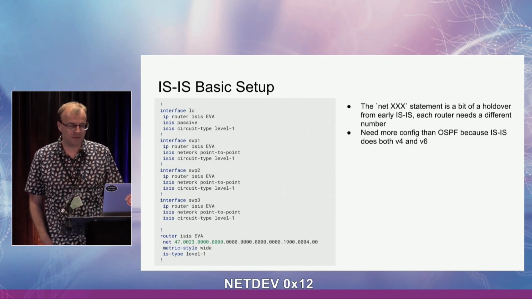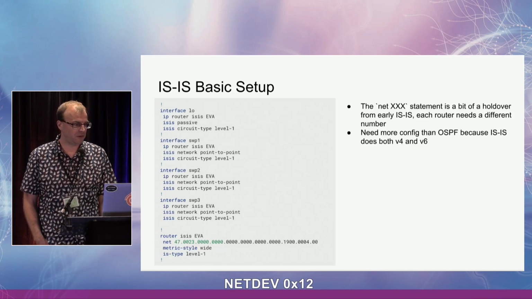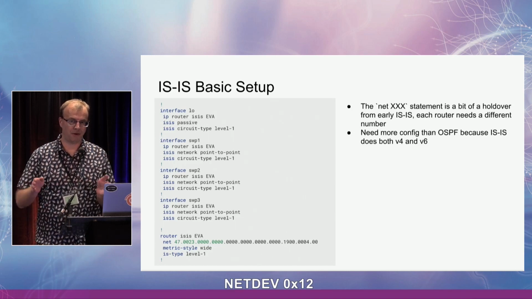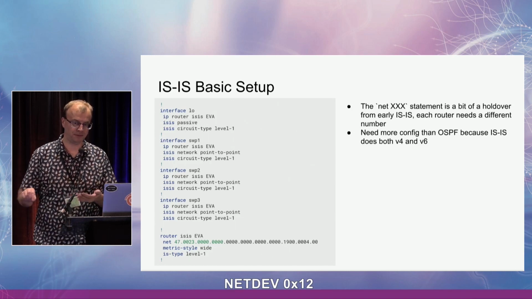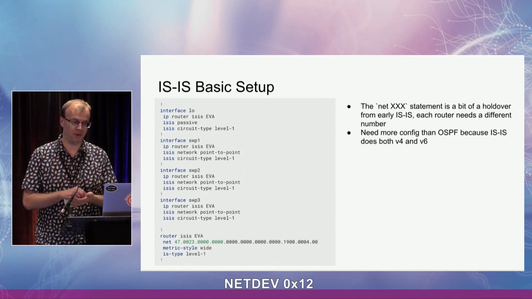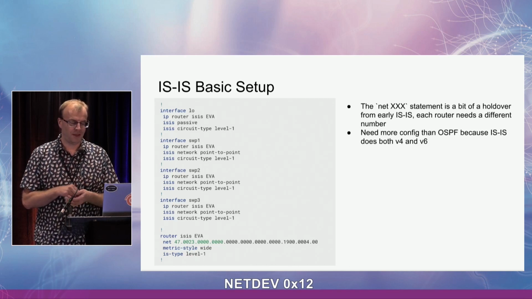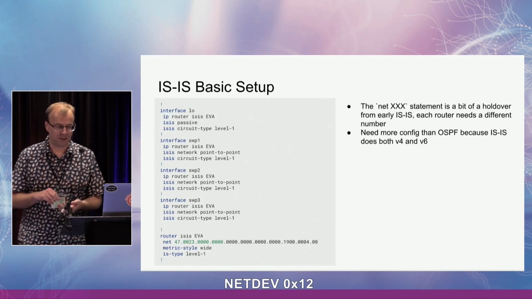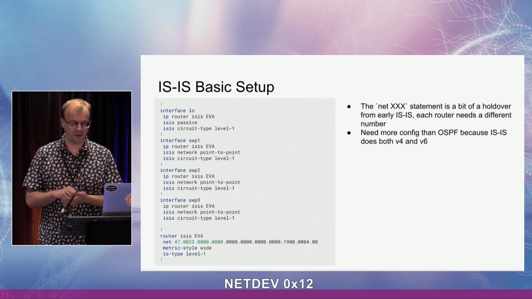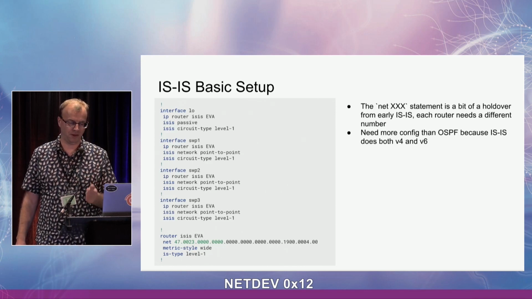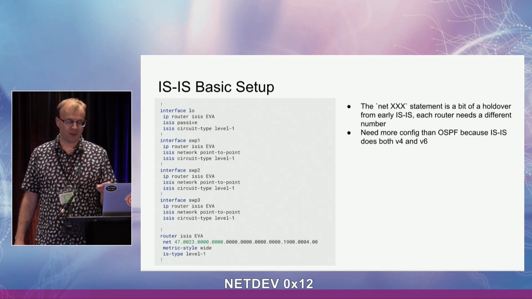So this is a basic example of an IS-IS setup. If you'll notice, under OSPF you just had to have a network statement. You can't do that in IS-IS. You have to go to every single interface you want to be included in IS-IS and say, use IS-IS. And then finally, you need to configure a router isis statement with an arbitrary word, like I chose EVA here. And that net